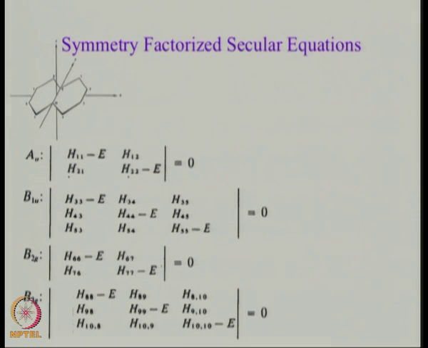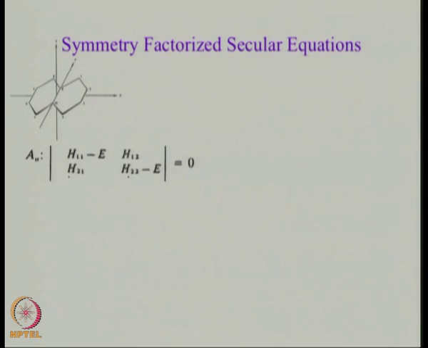For AU, the equation is H11 minus E. Just one word of caution, this H11 here, is this the Huckel H11? No, because the wave functions that you are using here are really the linear combinations. As we are going to see, we will be able to reduce H11 and express it in terms of the Huckel alpha and beta. But it is important to understand that H11 by itself is not really Huckel alpha. So, these are the 4 equations that we get. Let us try to solve them one by one.